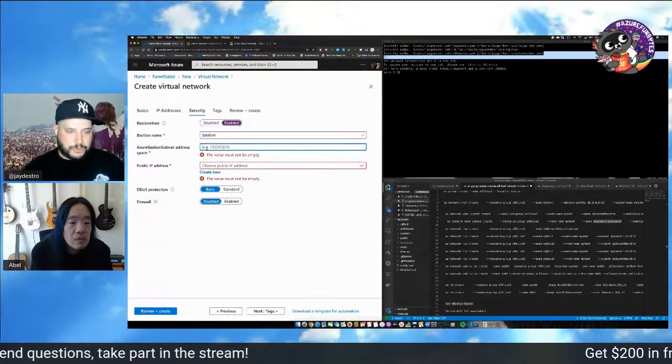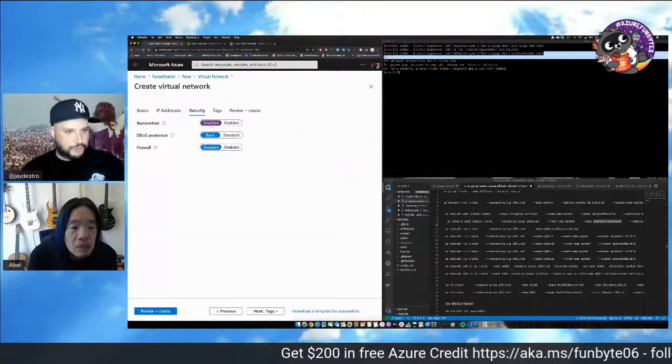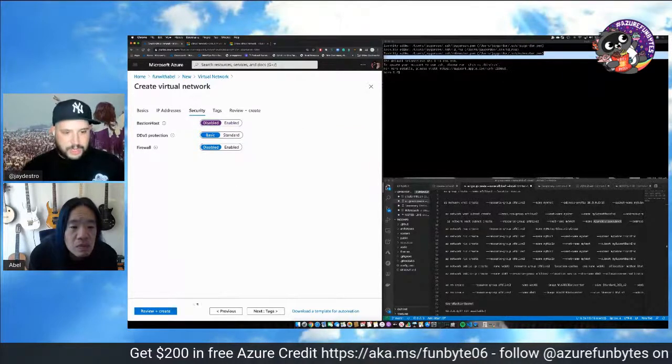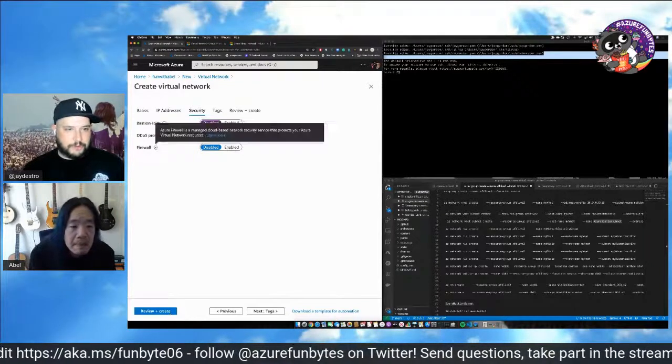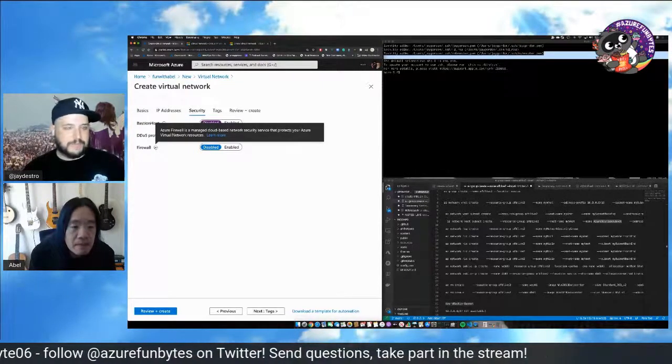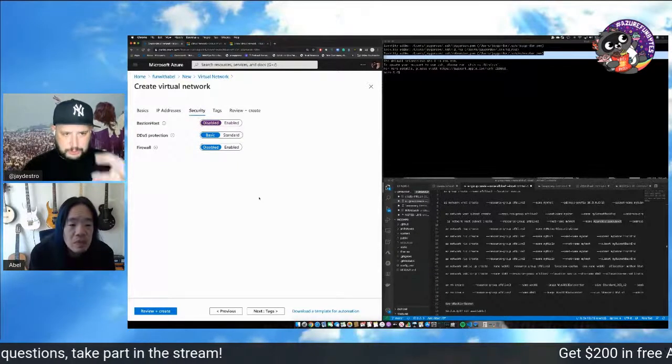And then what we can do is give it a subnet address. We're going to do this later, but I'm just showing you this is a thing we can do. It's just going to take too long if we do it like this. Okay. We've got firewall protection for big virtual network resources, top level stuff, not just like security groups, more things